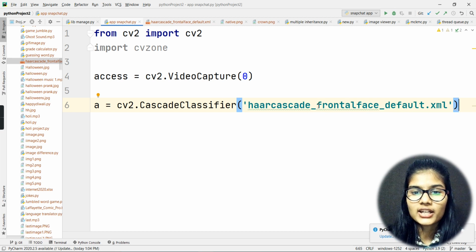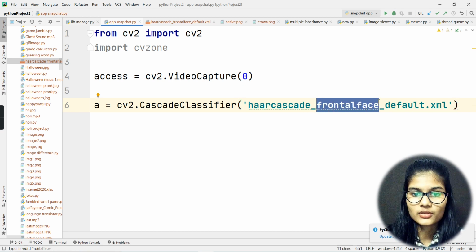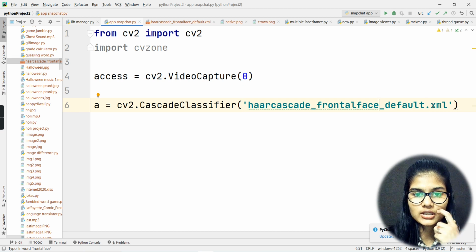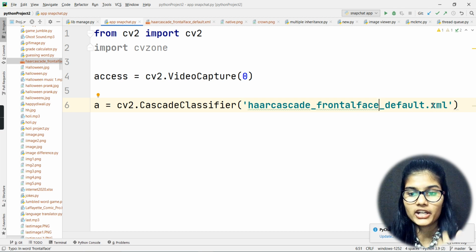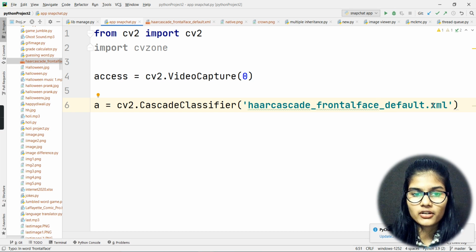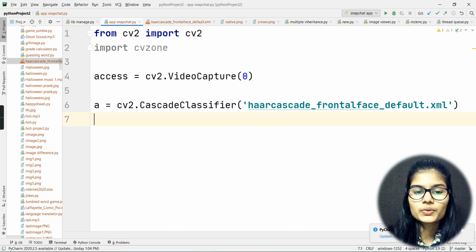Great. Frontal face means the front face, so this file is designed for your front face, for putting different sorts of emojis or different things onto your image. Fine, great. So this is how you put up this XML file here, which will allow you to put different things on. Getting down here, now what I would do is, into a variable,